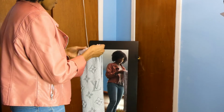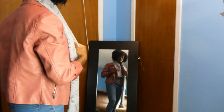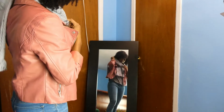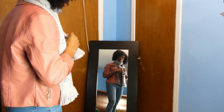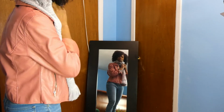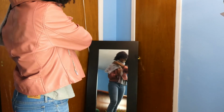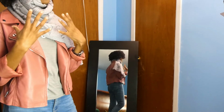So I would only fold it in half one time, and then I would drape one side longer than the other. Kind of twist it, wrap around my neck. Take the shorter side and kind of tuck it underneath that loop. Now take the remaining side that we kept long and drape it over my shoulder, because now what we just did is we created this cozy pocket to keep our